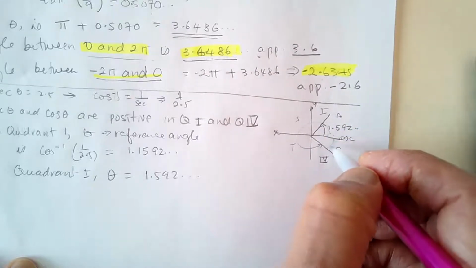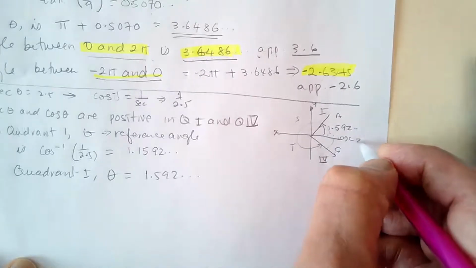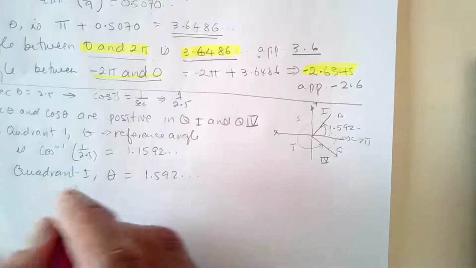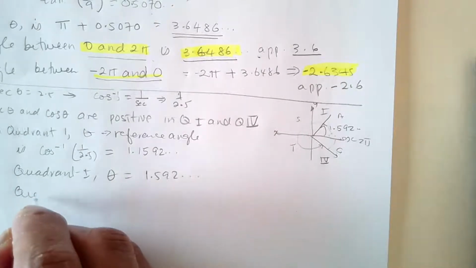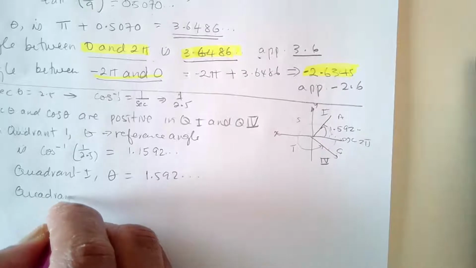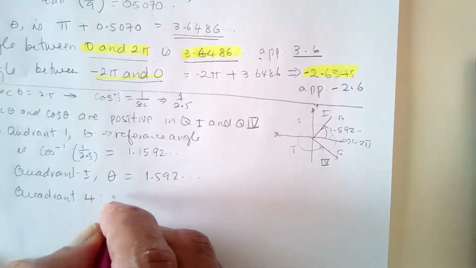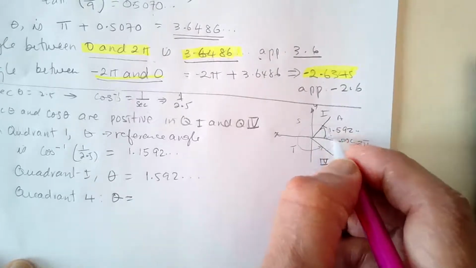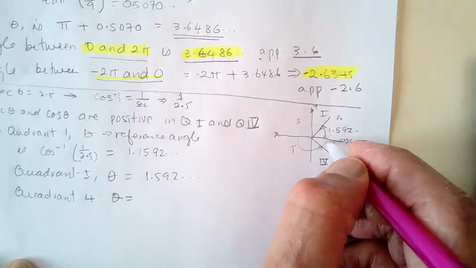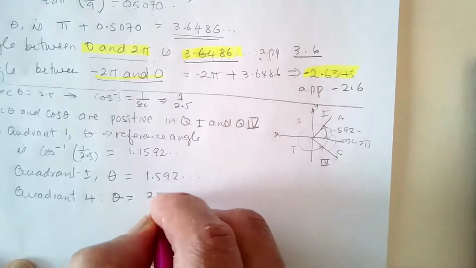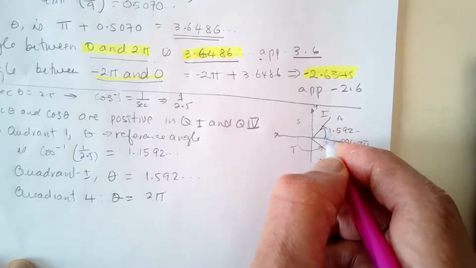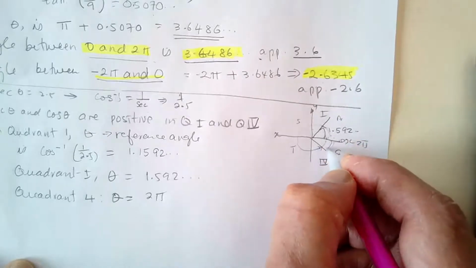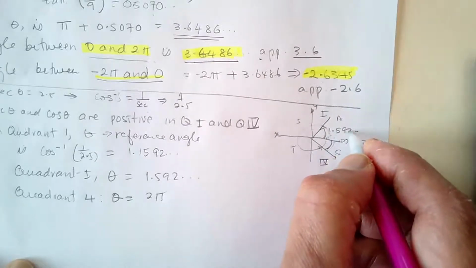Now we know what this is, right? So we're going to subtract it. So this is 2 pi here. So in quadrant 4, theta will be, since we know this is 1.592, to go all the way around now, we take 2 pi and subtract it to find the angle all the way to here. So we know this also is equal to 1.592